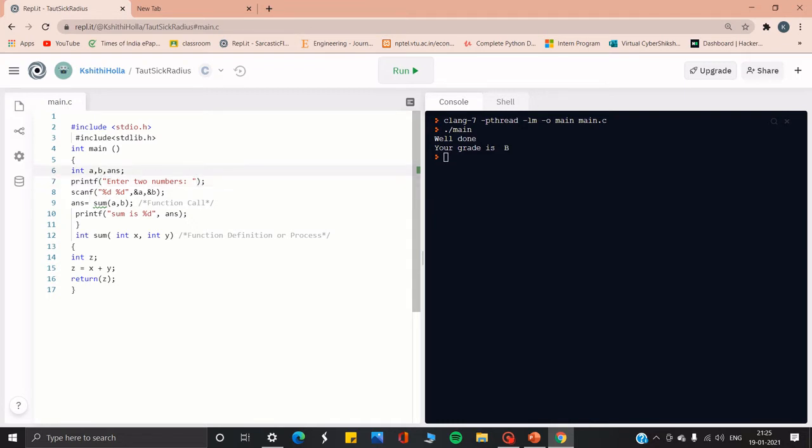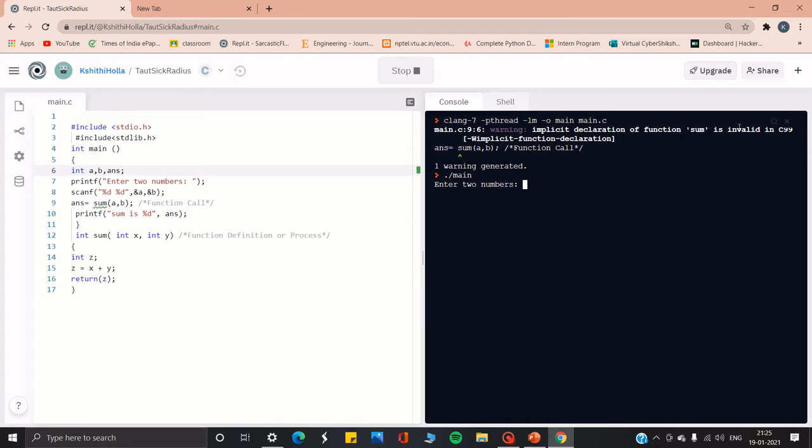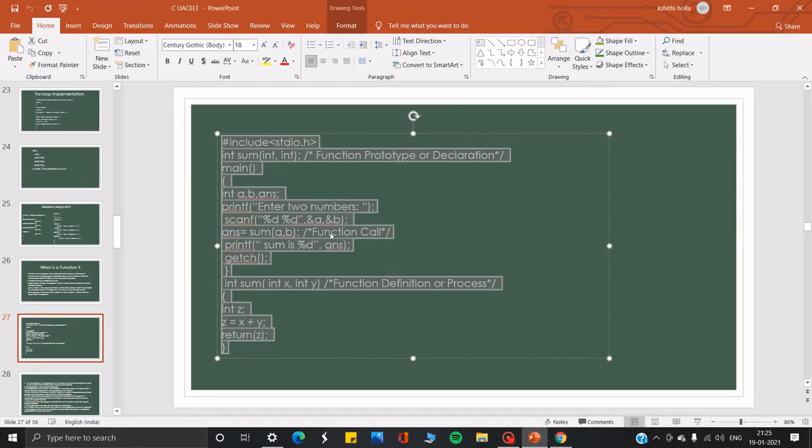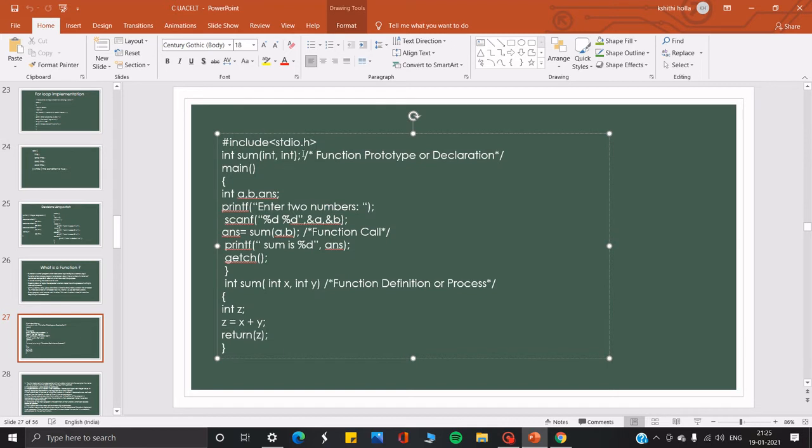So over here, let's see. Implicit declaration of sum is invalid. So we haven't written it over here. They have included sum in it. We haven't done it.